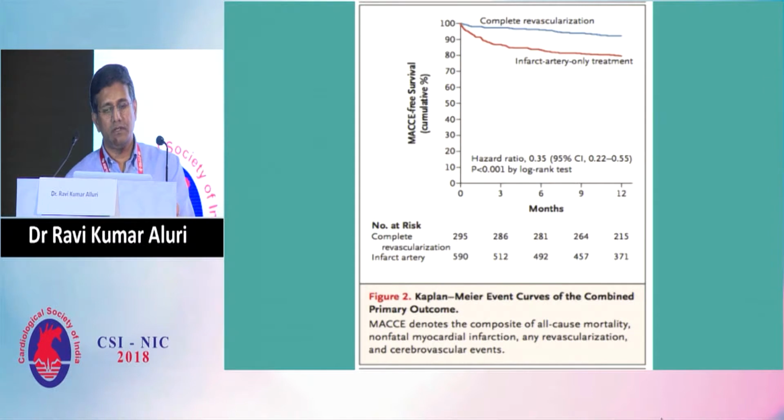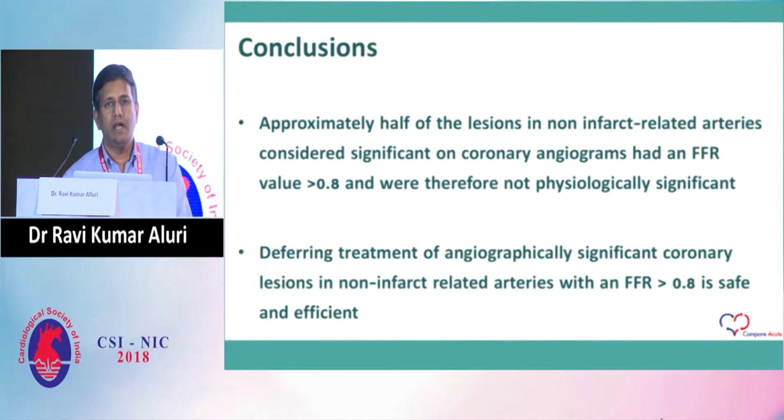So the Kaplan-Meier curves clearly show that there is a 65% relative risk reduction, and from these data, the conclusions that they have arrived at is approximately half of the lesions in non-infarct-related arteries considered significant on coronary angiograms had an FFR value of more than 0.8 and they were not physiologically significant. And deferring treatment of angiographically significant coronary lesions in non-infarct-related arteries with an FFR of more than 0.8 is safe